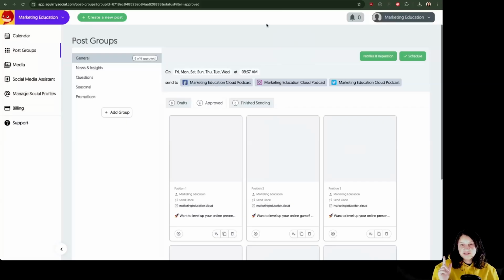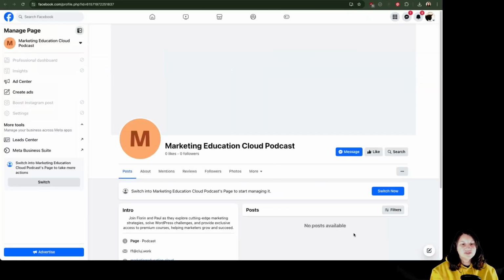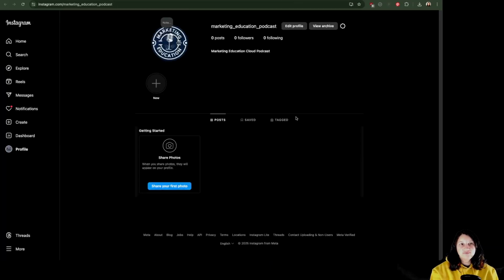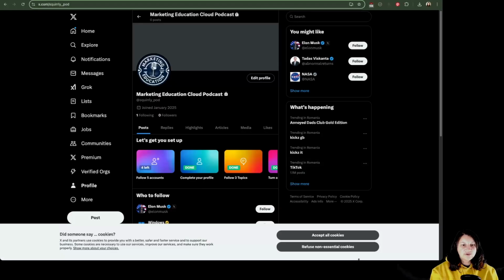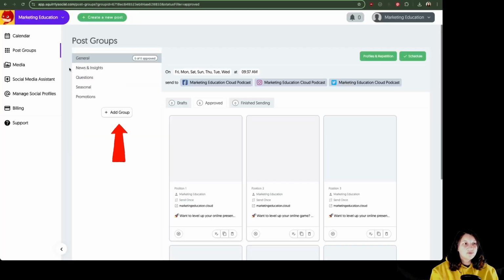So we are going to have to wait a minute, and then we're going to be able to see the post in our Facebook page, in our Instagram post, and in our X account. Until we are waiting, this is basically a way to have categories over here, and you can create multiple posts over here, and you don't have to worry about them. They are going to be sent to the profiles you're choosing over here, to the date you're choosing over here, and the hours you're choosing over here. So basically you are going to make the settings over here. You can create different categories over here, and the posts that you're going to create inside Next Level Marketing AI are going to get in those categories over here.